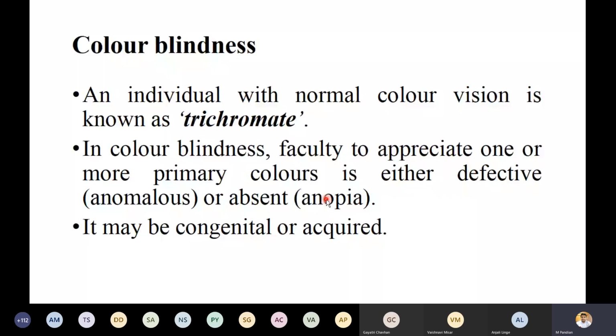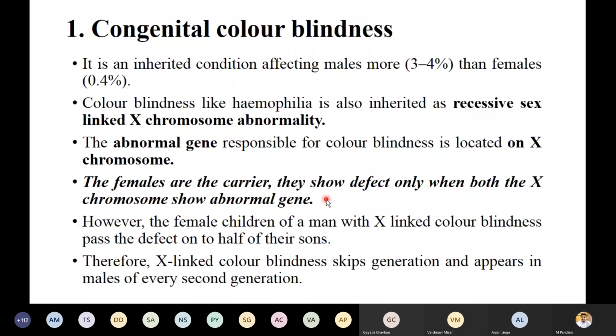It is an inherited condition affecting males more, 3 to 4%, than females. Why so? Because of XY and XX chromosomes. Color blindness, like hemophilia, is an inherited recessive sex-linked X chromosome abnormality. The abnormal gene responsible for color blindness is located on the X chromosome.